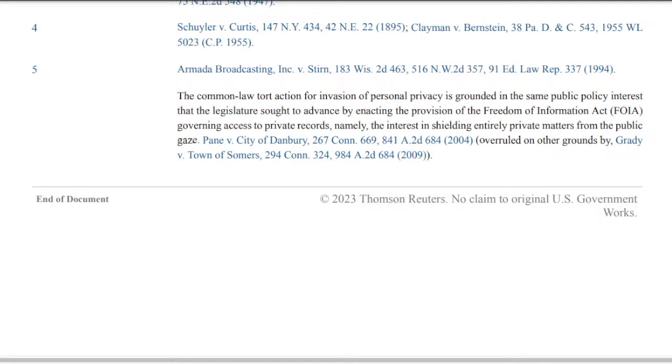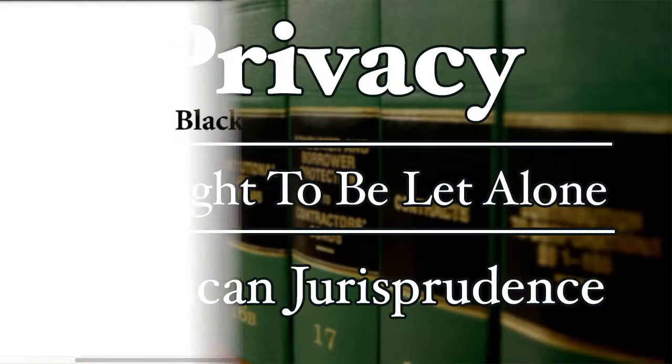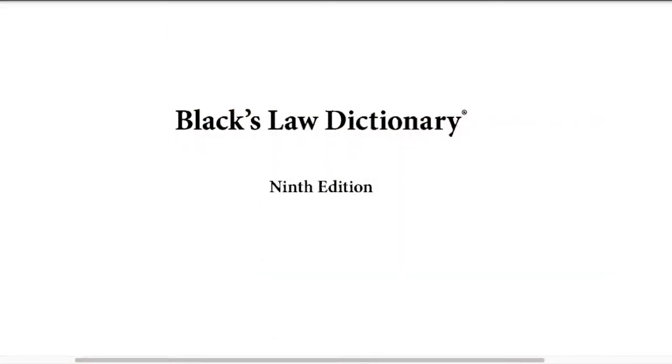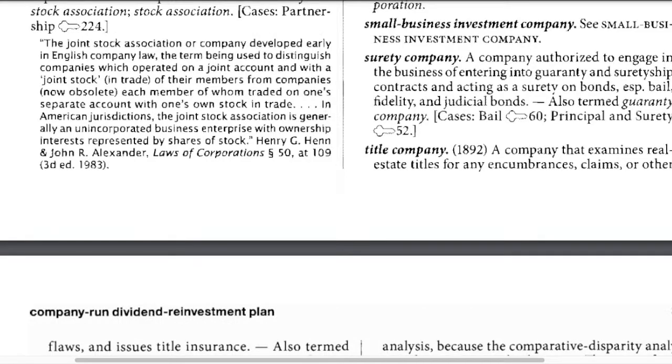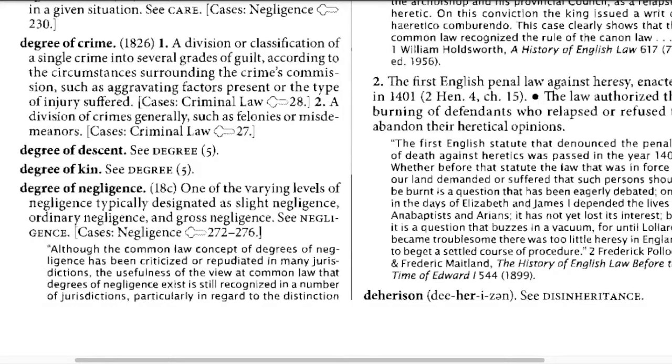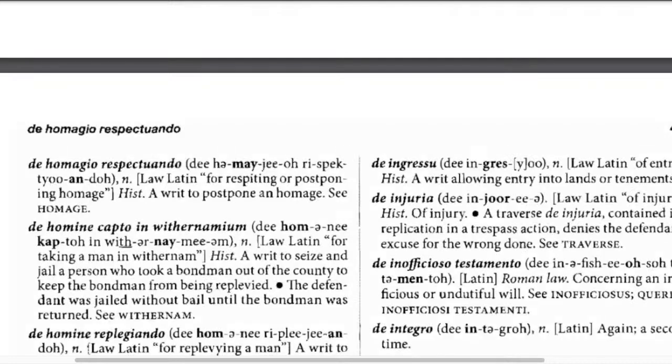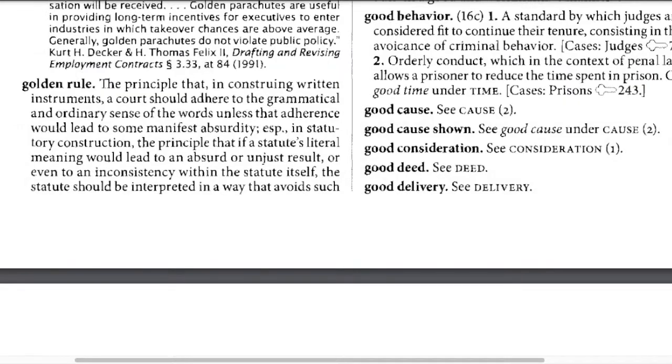So before we go any further, I want to be clear here before I use my definition of tort. Let's visit our good friend Mr. Black, and let's look in here at the word tort and find out exactly what the current legal definition is going to be for tort. It's going to take me a minute to get there, but the search is really bad in this thing, so we're going to do it the old-fashioned way, scrolling. And this one takes a while to scroll down a whole bunch because of the live stream, but we're going